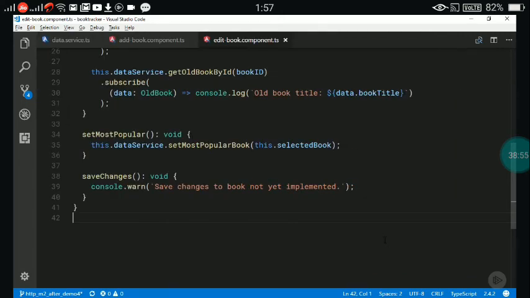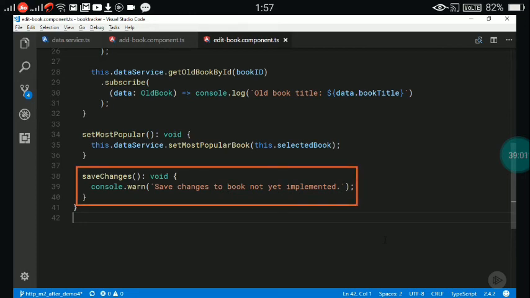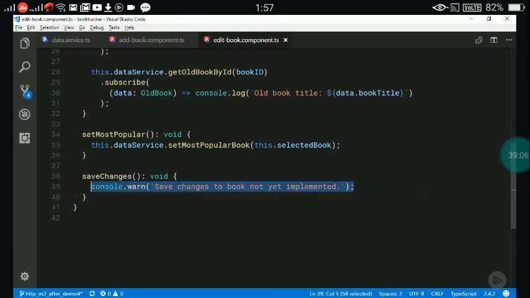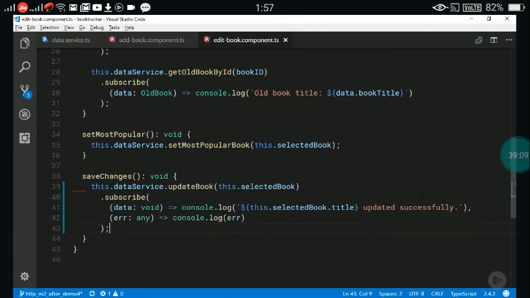This component already has the data service injected into it, and I've already got a save changes method that gets called when a user clicks the save button on the update screen. I'll delete this warning and use a code snippet to paste in the code to call the data service. This code is very similar to the code I just added to the add book component. The current book is passed to the update book method on the data service. Remember that no book is returned in the HTTP response, so I just log a message using the title I already have. I'll also just log any error I get, just as I've done before. That's it for